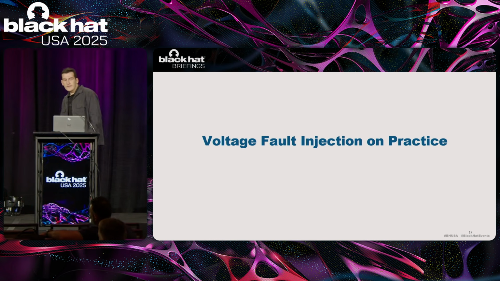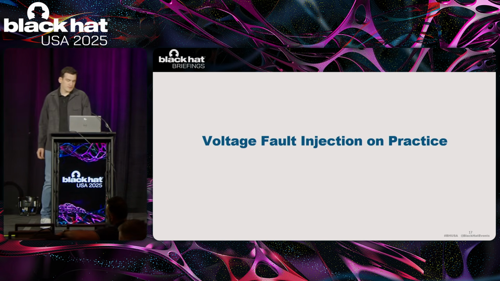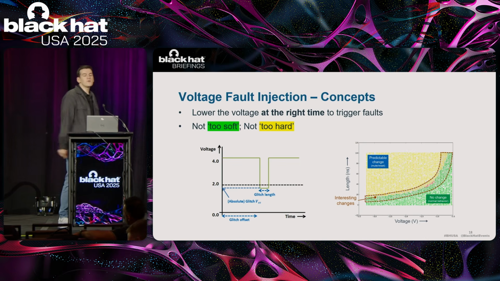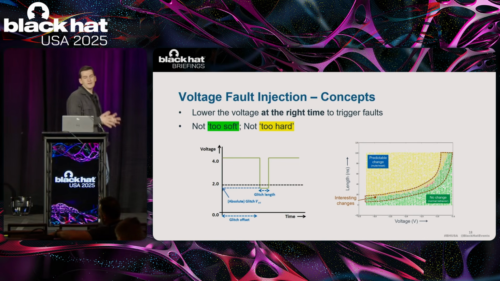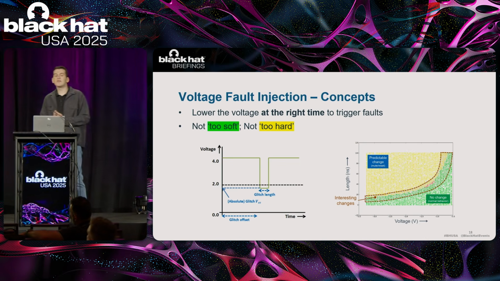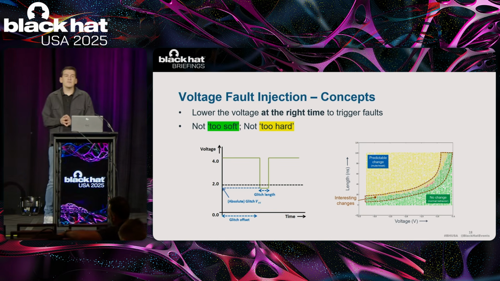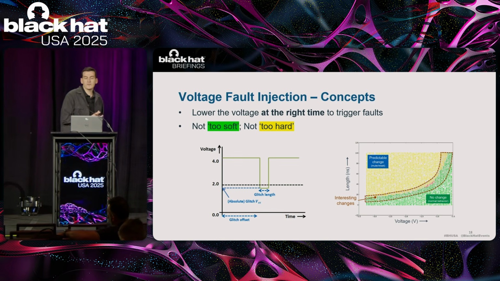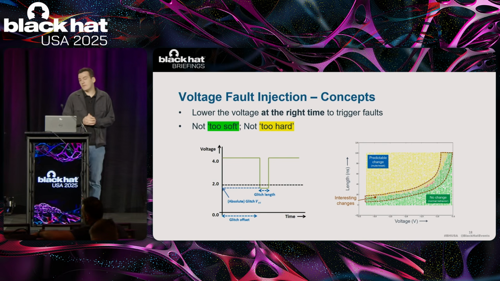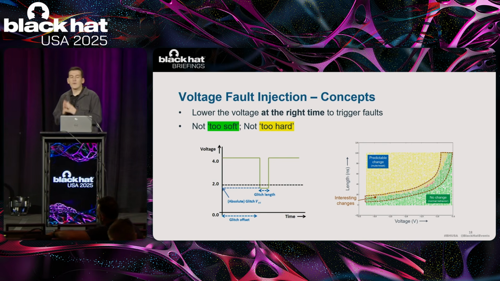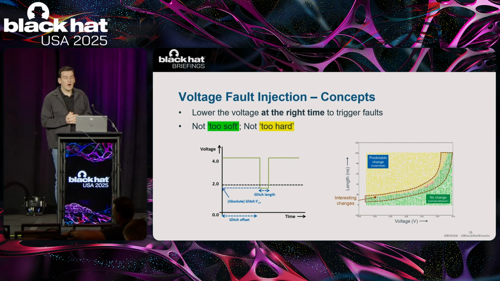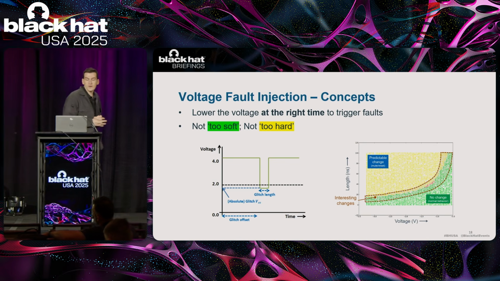And let's also introduce the voltage fault injection. For the voltage fault injection, you have to lower the voltage at the right time to trigger the faults. And this should be not too soft or not too hard. For example, if you set glitch length too narrow or absolute glitch too close to actual voltage, then